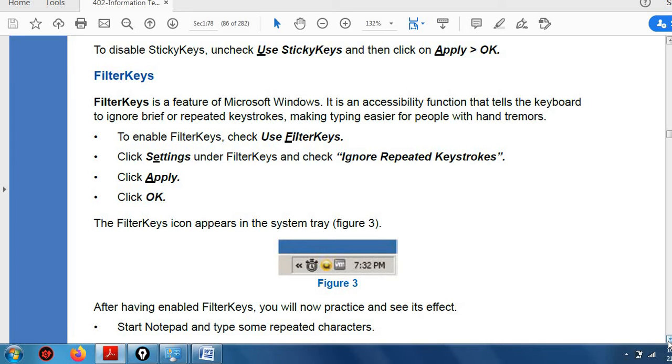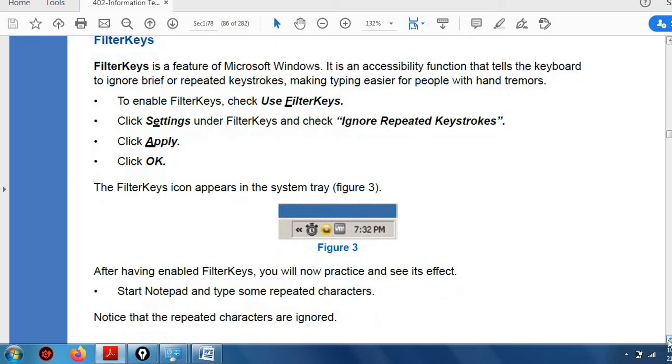So filter keys are for those persons who have hand tremors or problems in the hand, so that if they are holding a particular key pressed for more than a sufficient time, it will not be considered a repetition of that key. Getting it? Now next is